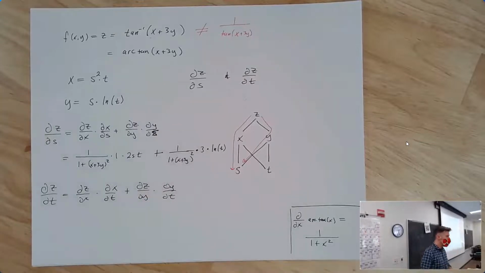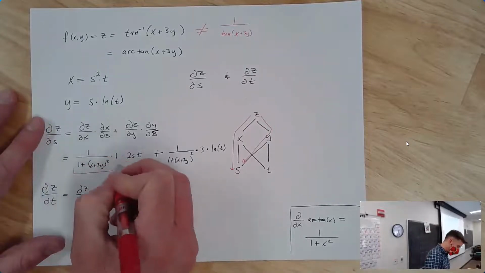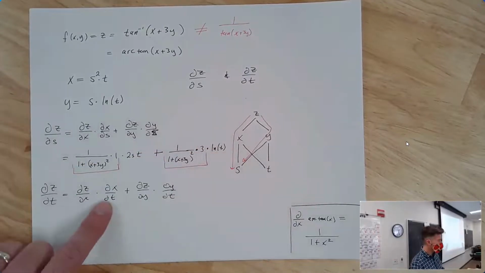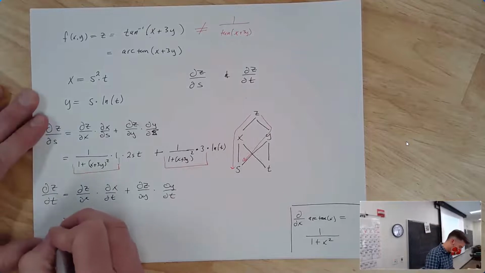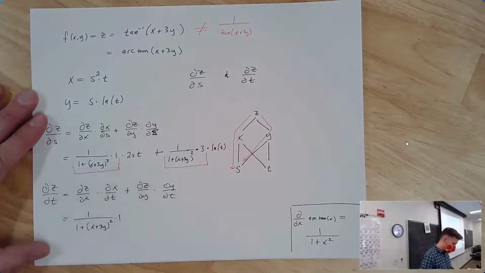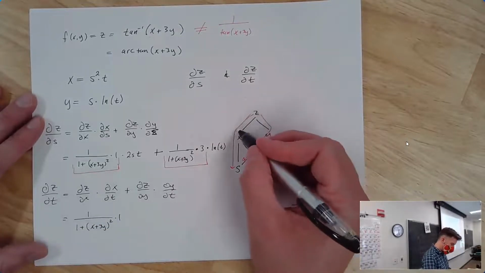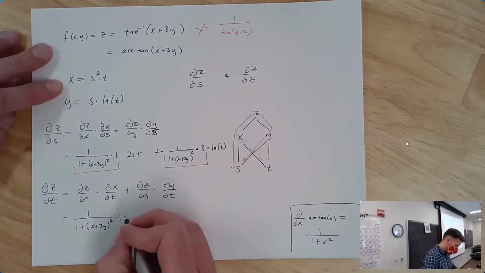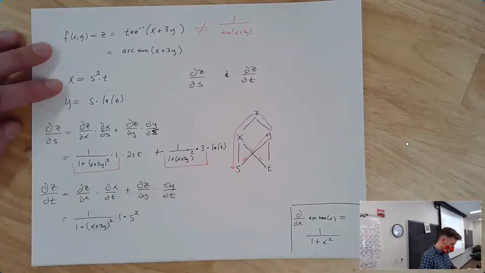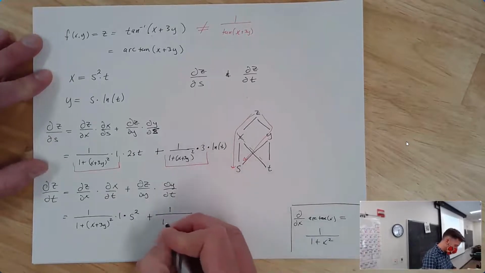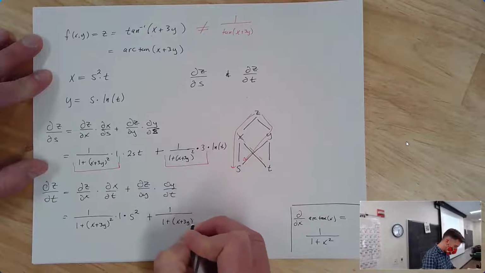The nice thing about this is we've already done half of it. We've already gotten, right, this piece is still the same, this piece is still the same. It's the partials at the end that are different. So it's just going to be still 1 over 1 plus x plus 3y quantity squared times 1. But now times, right, we've done that first part of the path, but now we're going this way. And del x del t is going to be s squared plus del z del y didn't change. It's still 1 over 1 plus x plus 3y quantity squared times 3